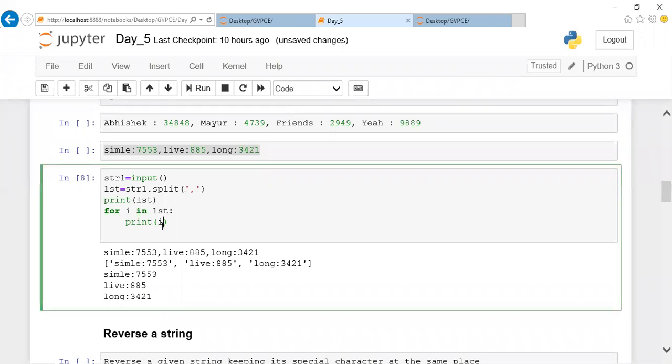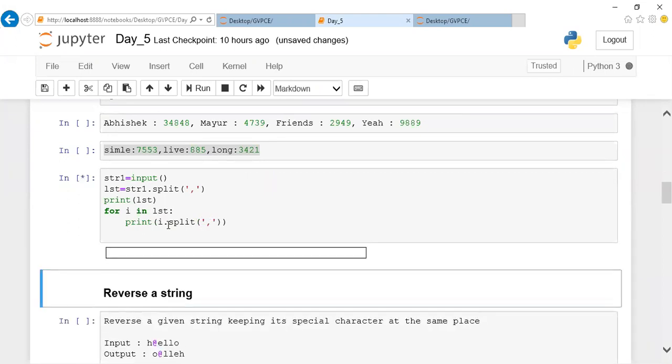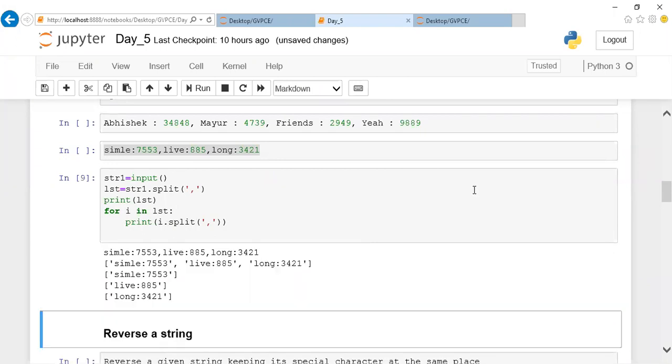So I'm going to mention print I dot split based on comma. And I'll show you what happens. So what happened? This data has been split. Based on the comma, this data is going to be split.